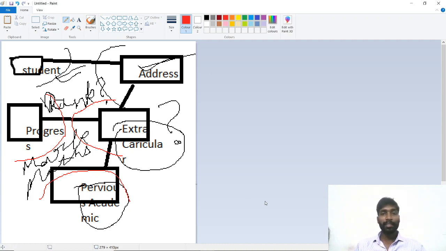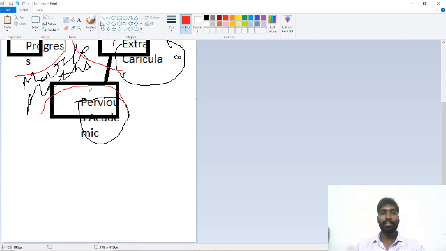Now I need information from each table. I want that particular information in one table.